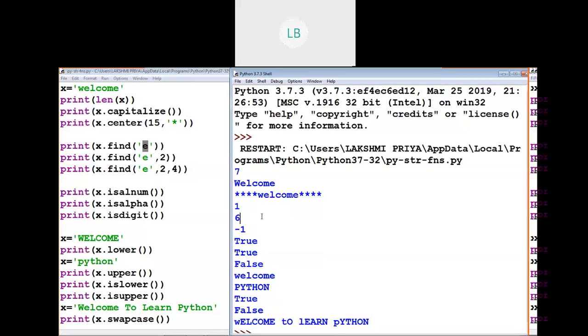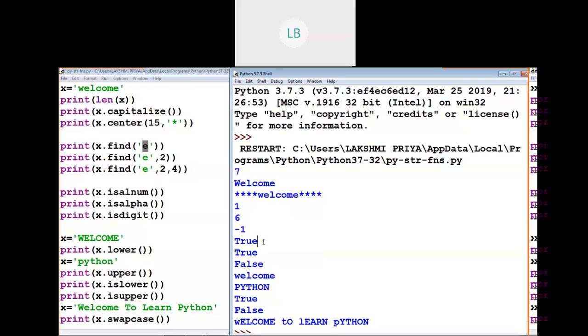So from the second index, it will start, and the first occurrence of e is in the sixth place. That is, the index value is 6 for that. For the next statement, from 2 till 4, the function will search, and if e is not there in that string, the function will return -1.